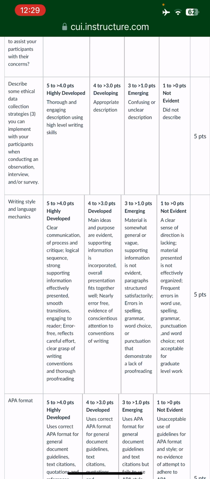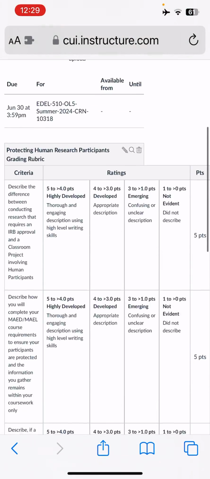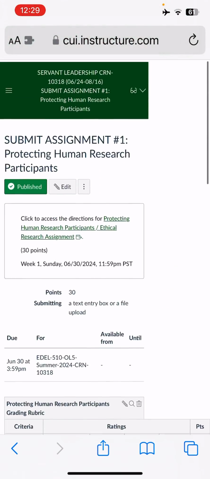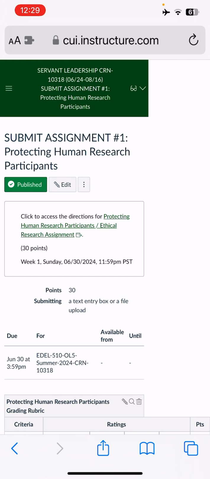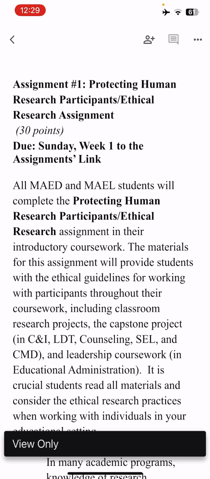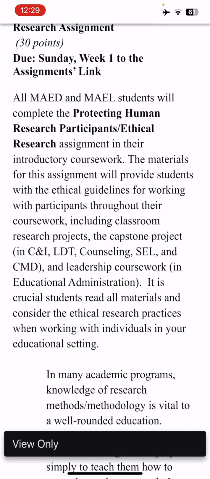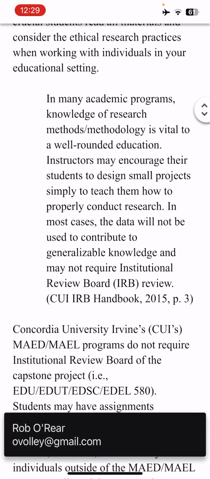There's just a lot going on with APA, so Grammarly doesn't check APA, but it'll alleviate you from having to worry about misspelled words. Let's just put it that way. And it'll find grammar mistakes as well. But within that, you'll also see the directions are going to be found in that little first link up there. So read through the directions, and it'll tell you exactly what you have to do.